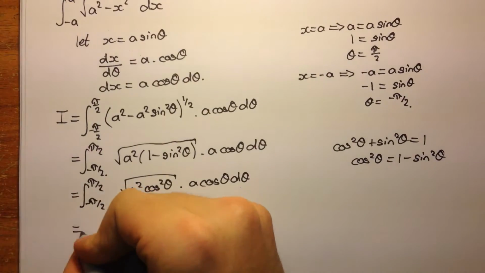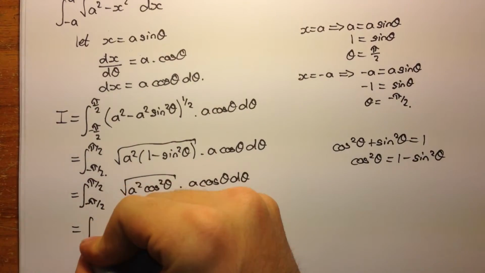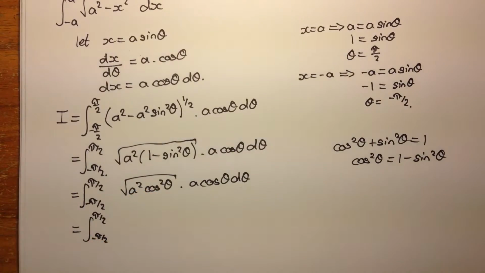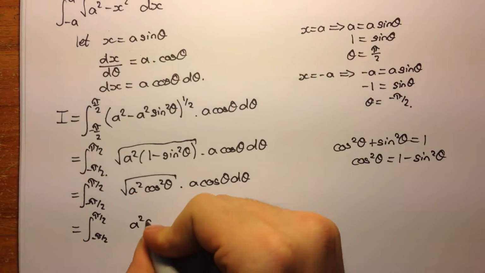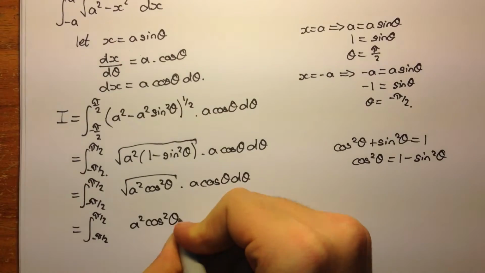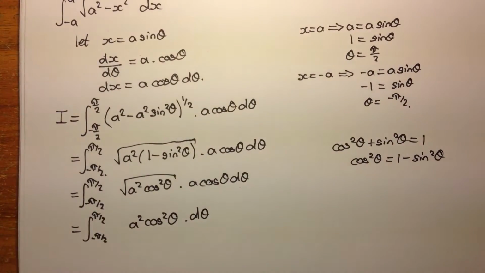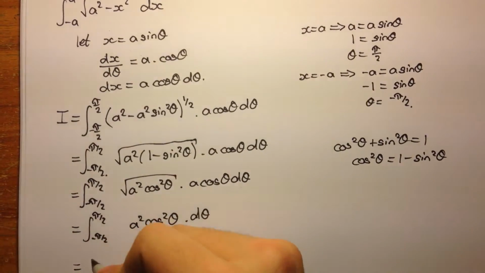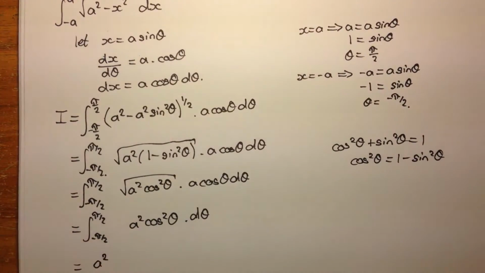Okay, now when we simplify this, we'll get a squared cos squared theta d theta. Okay, now this is something that you will know how to integrate from your 3-unit mathematics. So first we can take out a squared because it's just a constant,